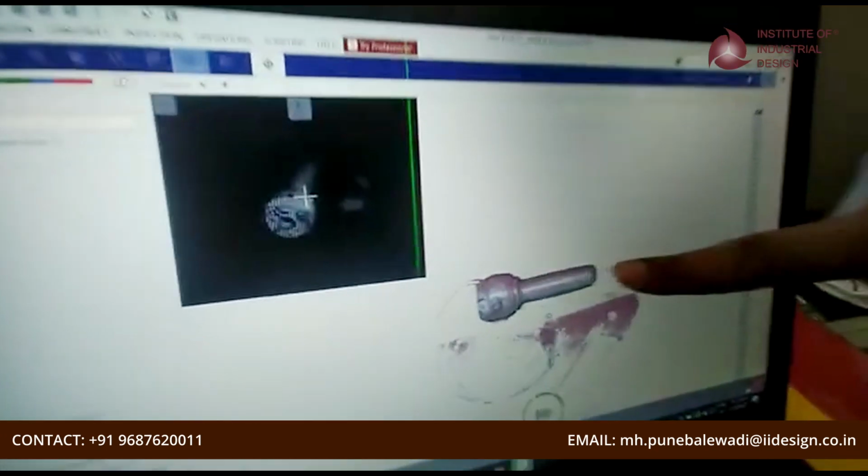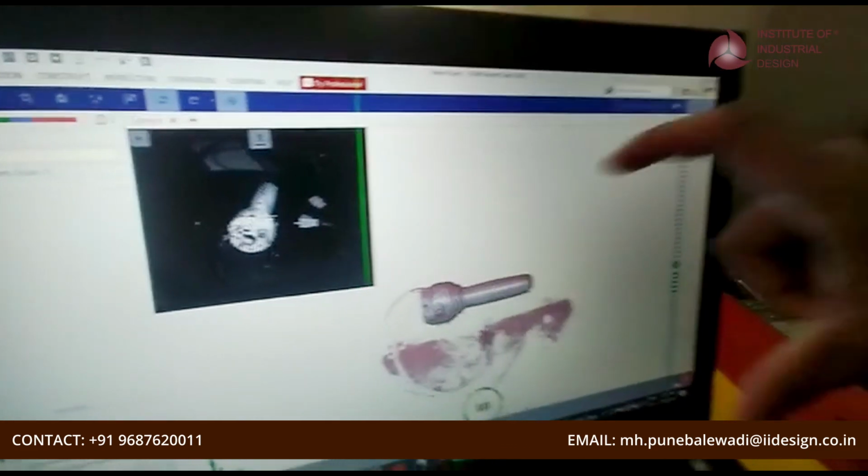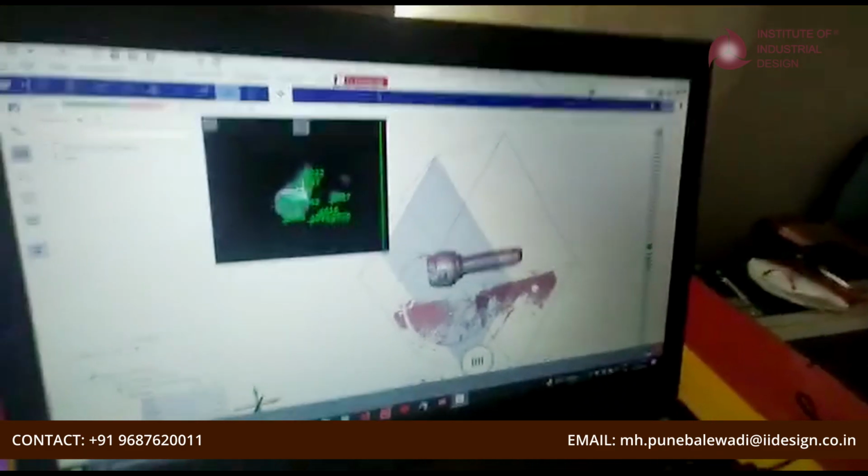This total portion comes into the FOV and is further converted into a CAD model.